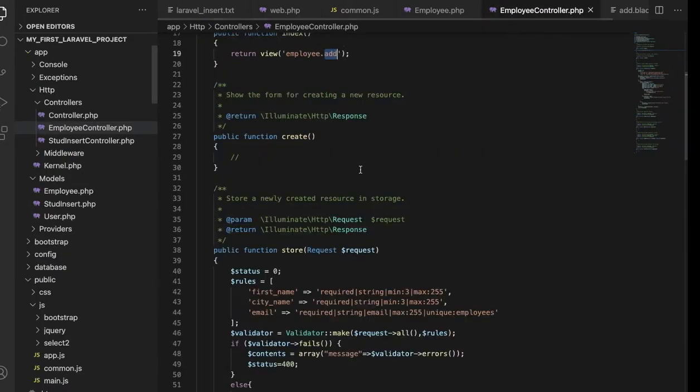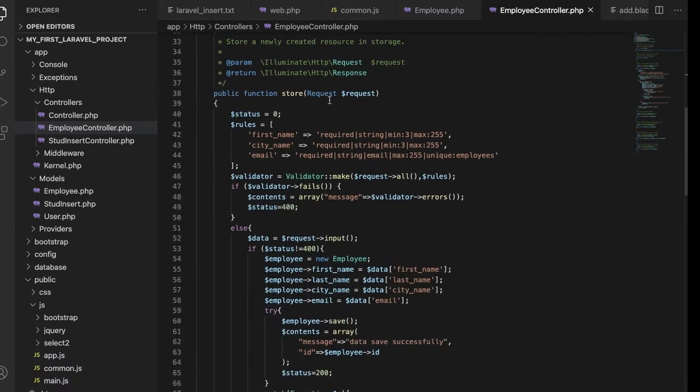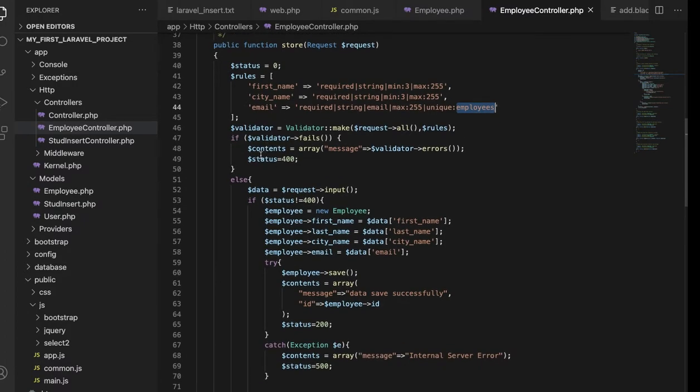In store, you can see I am mentioning the status code here. After that these rules: first name should be required, city name required, email required, the format is email, and it is unique on the employees table, right? After that we check using the validator whether it is correct data or not.